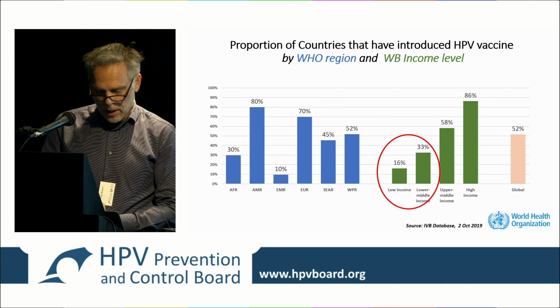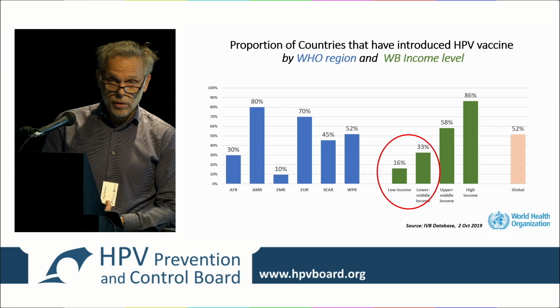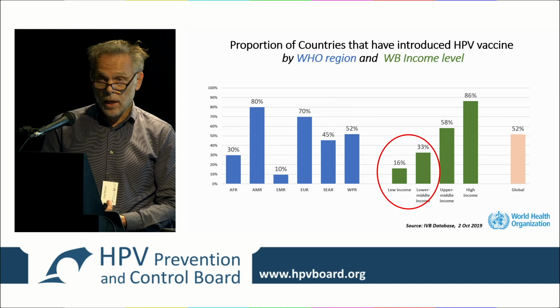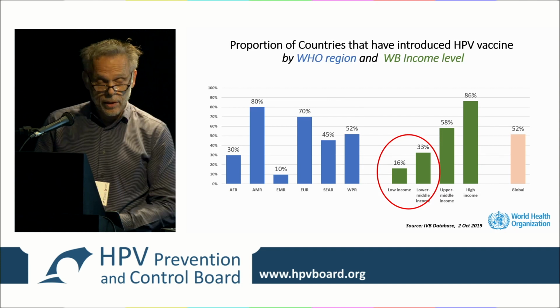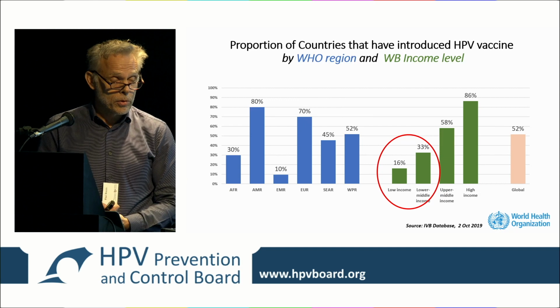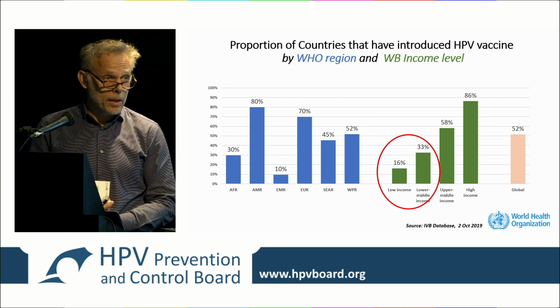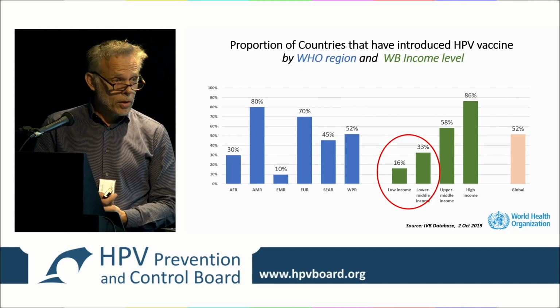Middle-income countries and upper middle-income countries are mainly the countries in PAHO that have introduced, so they have a negotiated price of $9. This is why those countries could introduce rapidly. The other group I was talking about is particularly upper middle and some lower middle income countries, who typically pay now around $15 on average.